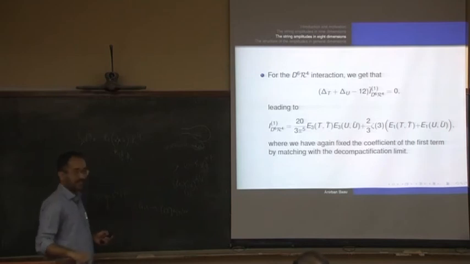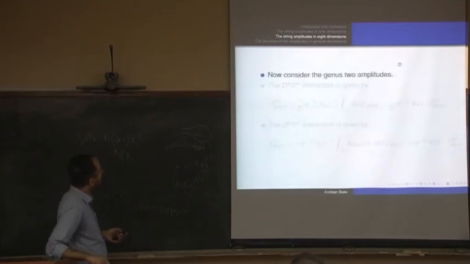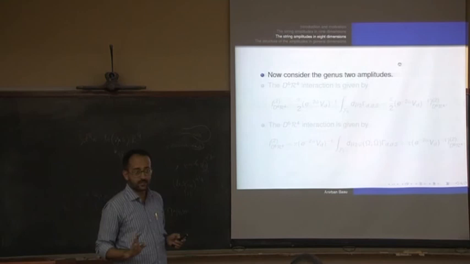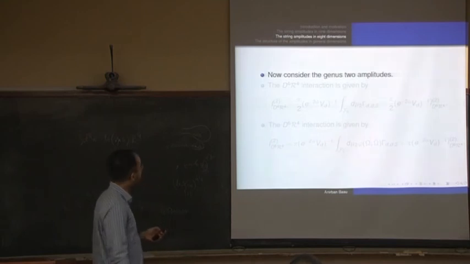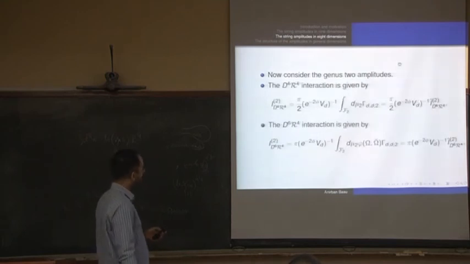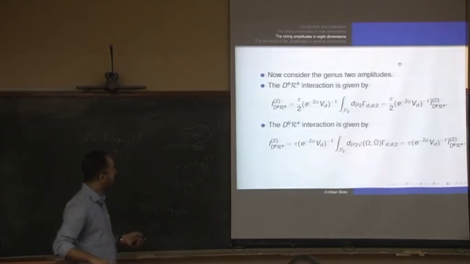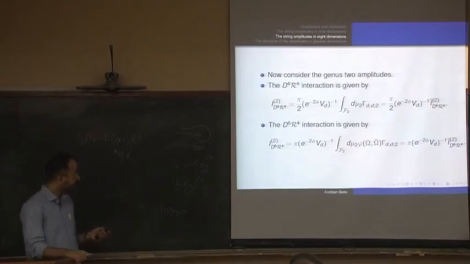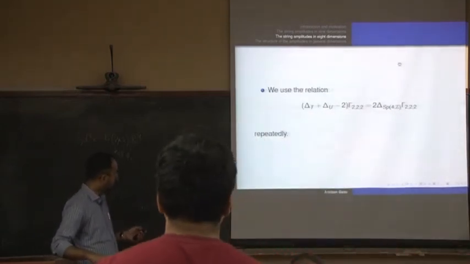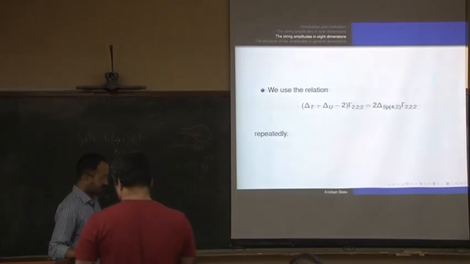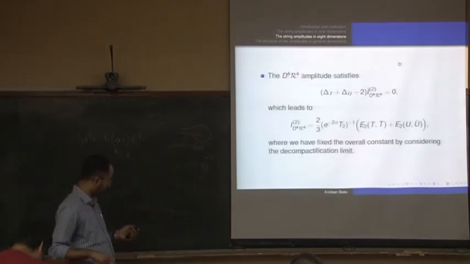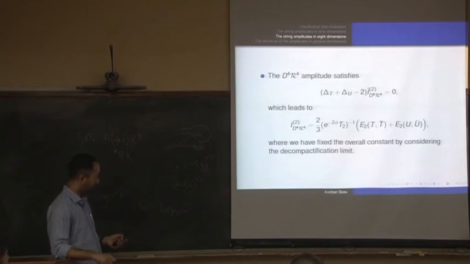Anyway, up to d to the 6 r to the 4, this is what we get. So this was genus 1. Now let's look at genus 2. Let me write down the expressions again. These things are more or less already defined, so there's nothing really new here. Again, for genus 2 we use this expression, with a differential equation. So d to the 4 r to the 4 turns out to be just the boundary term. That's the answer.